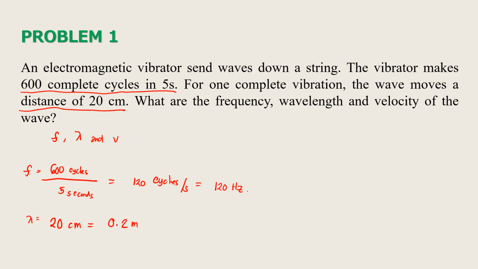And then finally, we can get the wave speed v, which is equal to lambda times the frequency. So we have lambda equals 0.2 meter, and then the frequency, which is 120 hertz, we have